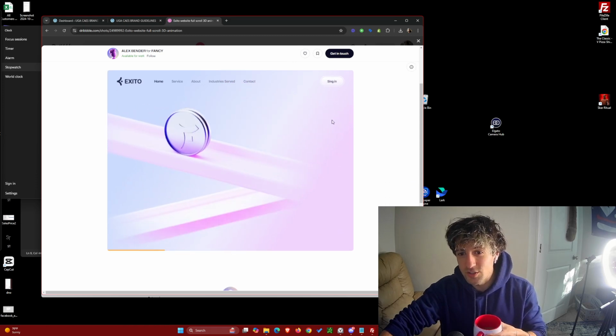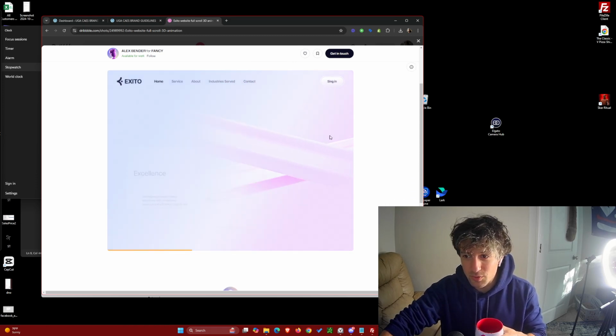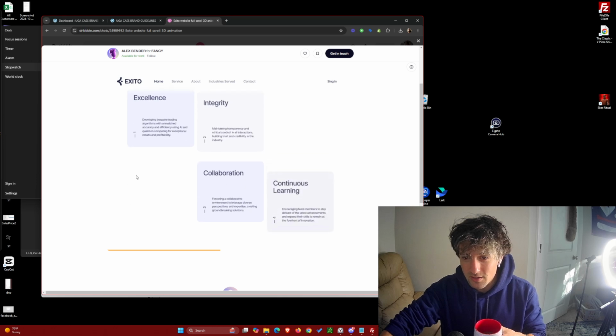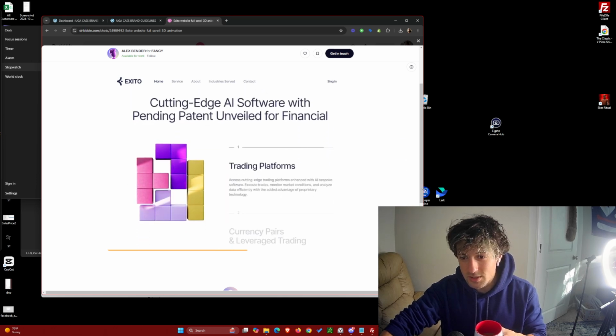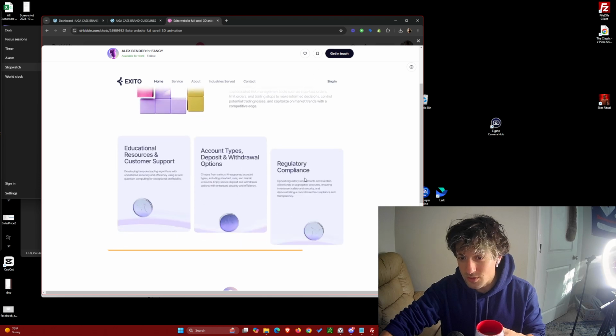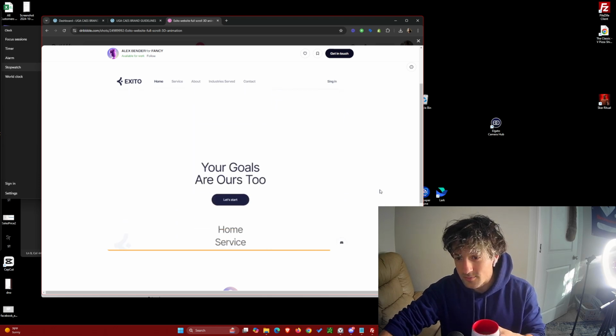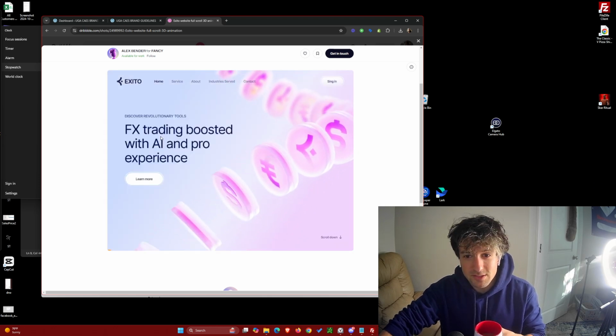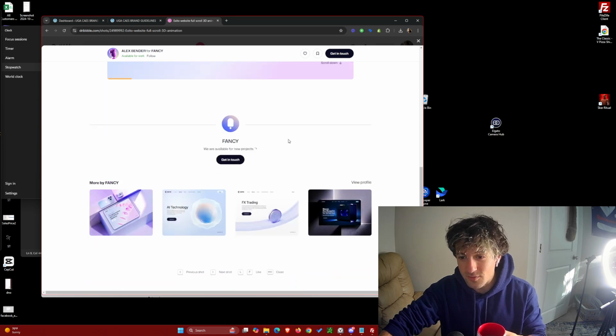Obviously, transitions are huge. Just a very soft blue to pink gradient. Smooth motion, constant motion as well. Smooth motion. Okay. The purpose of this is an FX, so that's like a